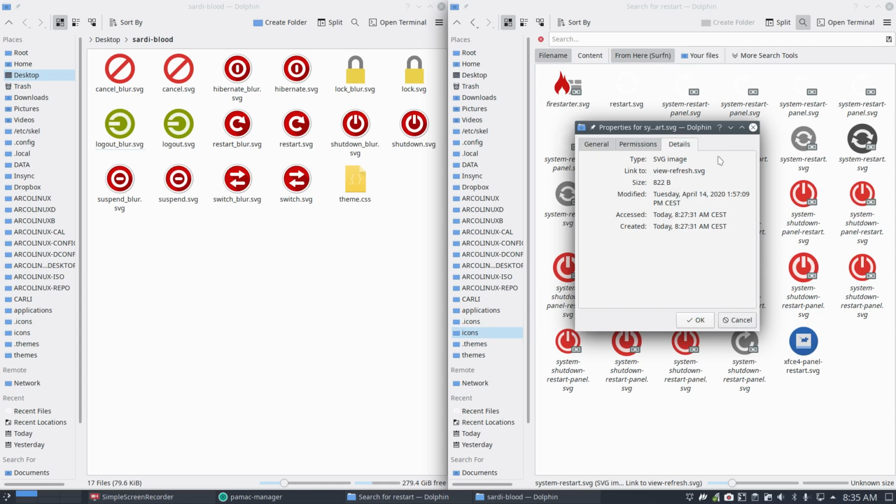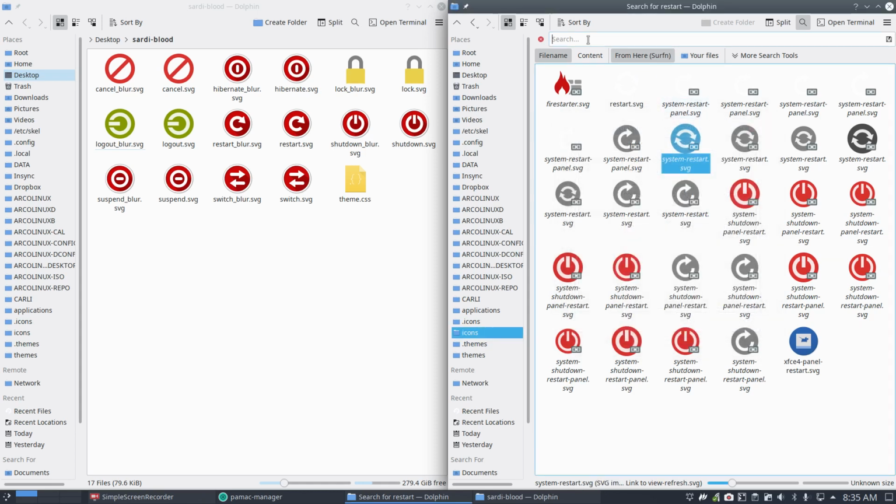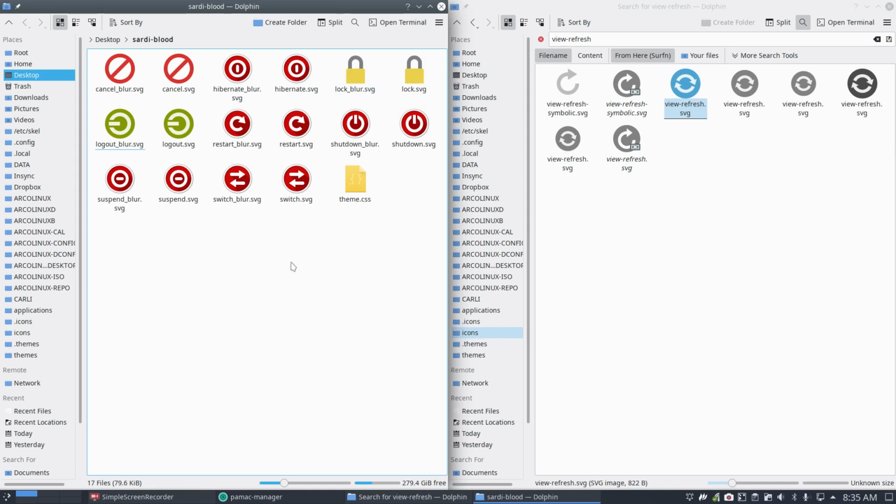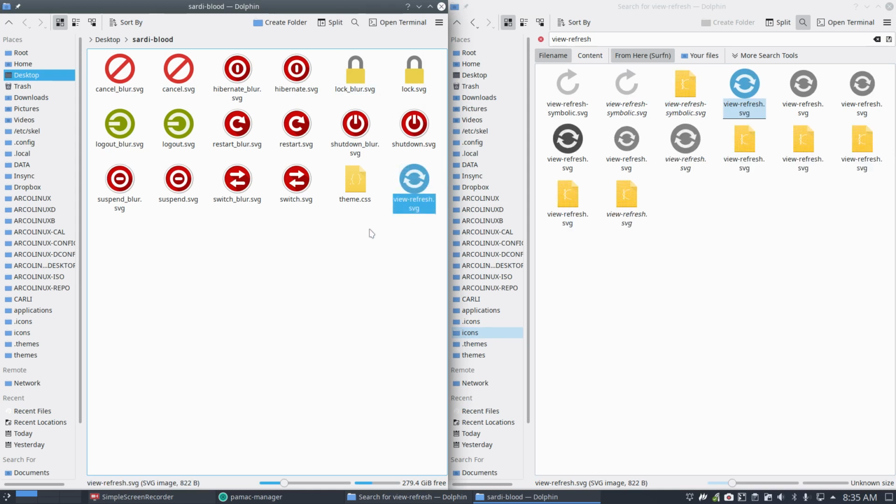Properties. It's going to view refresh. Okay. So view refresh is going to give me that one. So I have this one, that one, that one, and then a gray one. Colors we can change, right? But it's the lines, the arrows that I can't change. Well, I could a little bit, but